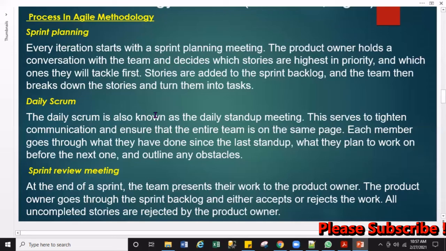At the end of each sprint, teams will explain their work, and the product owner looks at his or her backlog and compares whether it matches the testing work. If it matches, if it's good, then the product owner will accept the story and close it. If something was uncompleted or not matched, then the product owner will reject that story. All right. Next,